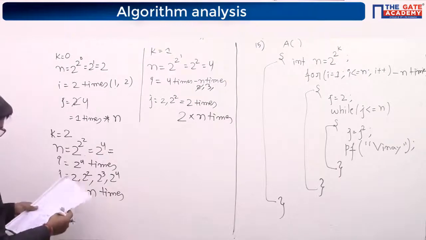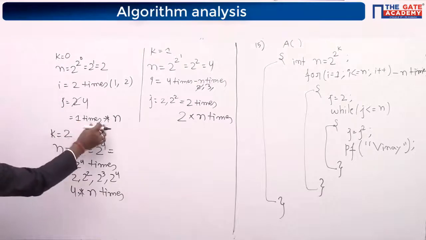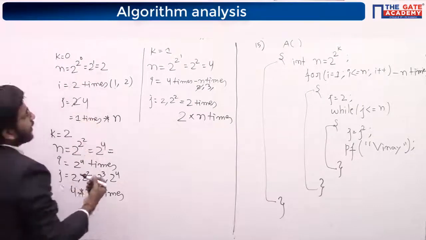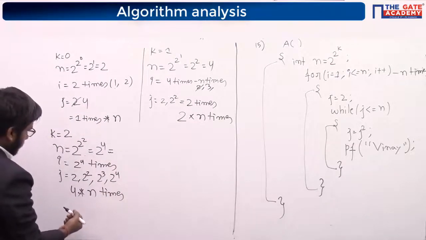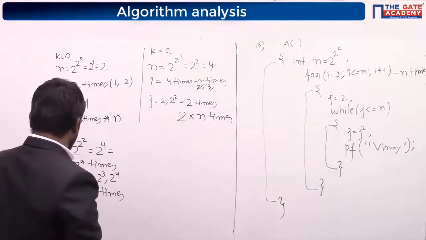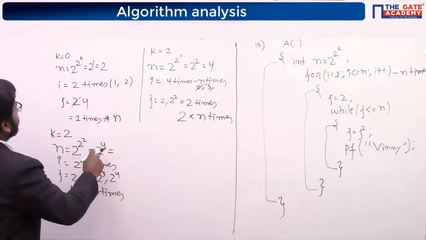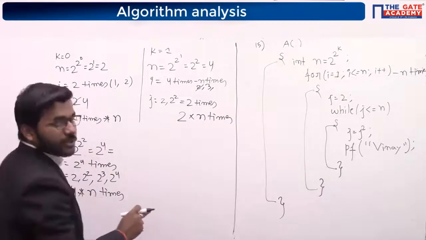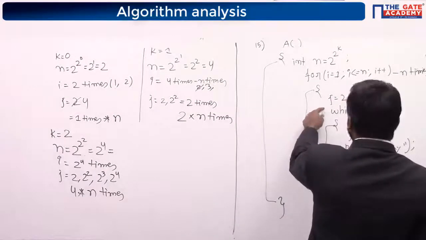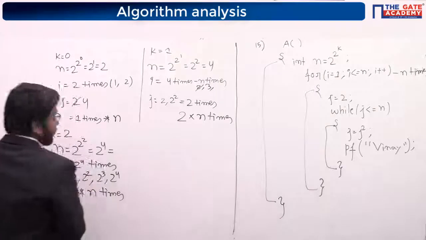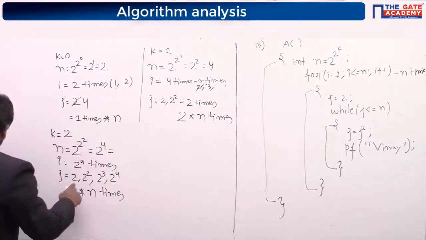So as we can see, it is executing n times for 1. Here is 0, then it is 1. Here is 1, then it is 2. Here for 2 it should be 3. So where am I making a mistake, let me check. 2 to 2 is 4. So I am making a mistake somewhere. Can anyone find where I am making the mistake? j equal to 2. 2 is smaller than n. n is 2 to the power 4 only, na?